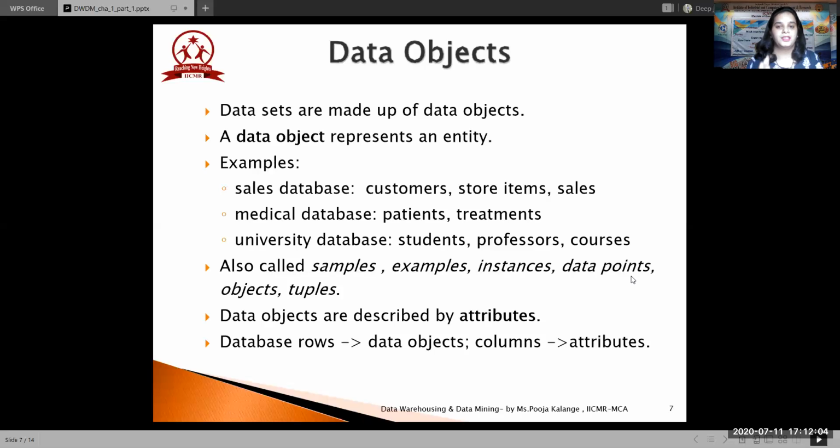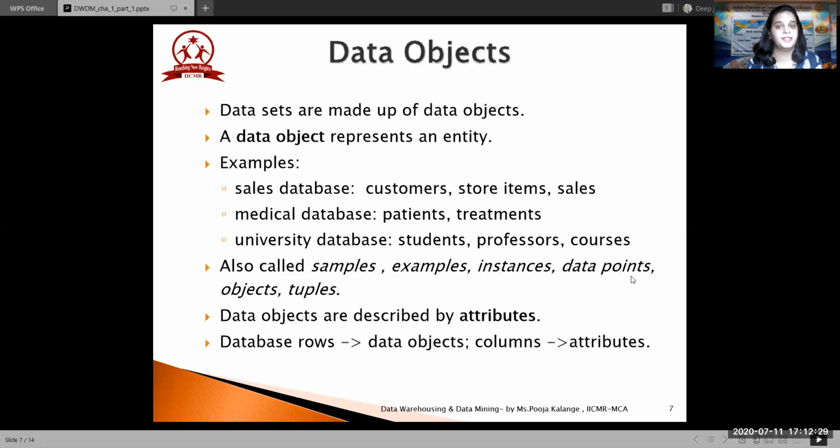For example, if you consider student, student is an entity. It is also said to be a class in your programming languages. So for example, student ID is an attribute of the data object student. Student name is also one attribute. Student address is also one attribute, and so is student roll number. These are nothing but the attributes. So every data object is going to have data attributes.